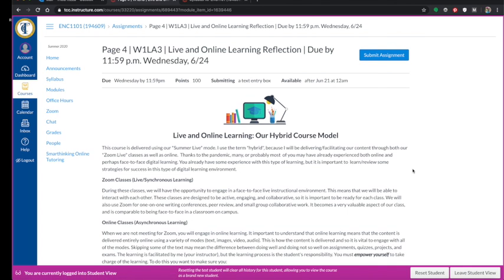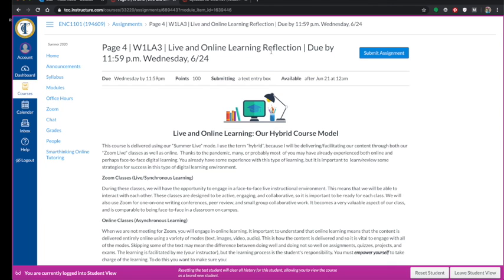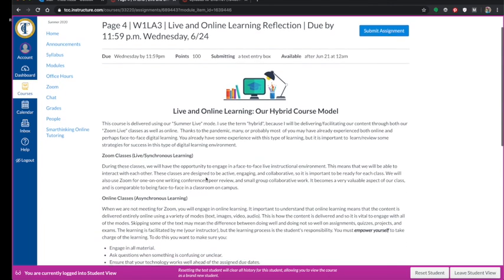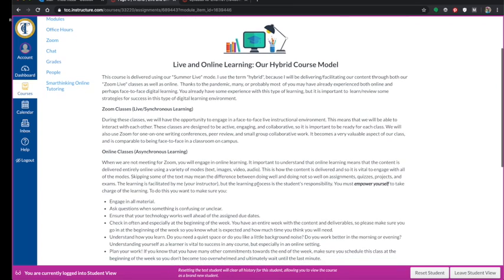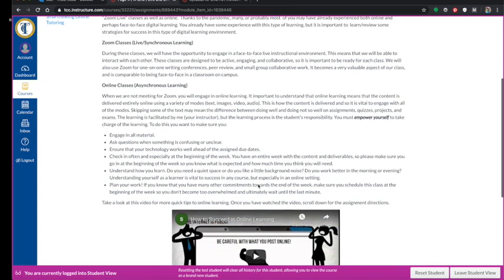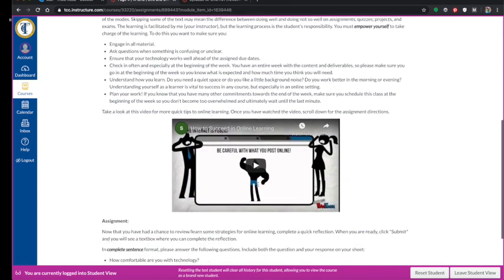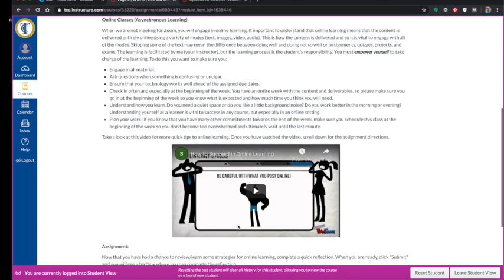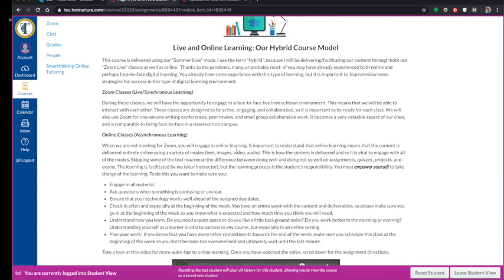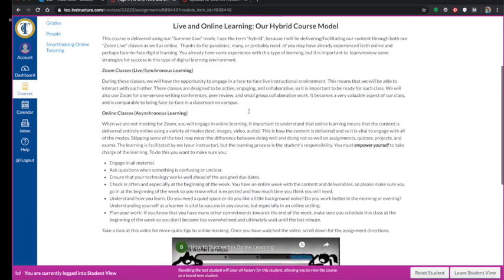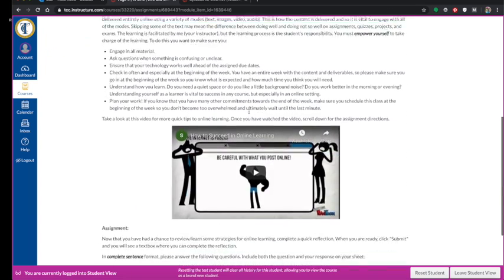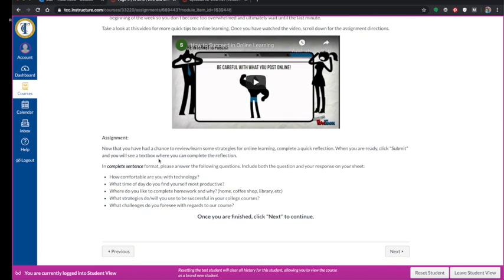This one's a little bit different. This is a reflection, still due on the 24th. And this is the crux of the content, right? So this is what I'm giving you in order to understand so that you can actually do the assignment. And what you notice about this is that there's text, you've got images, there's also a video. So it's going to be important that you read everything and then watch the video and then do the